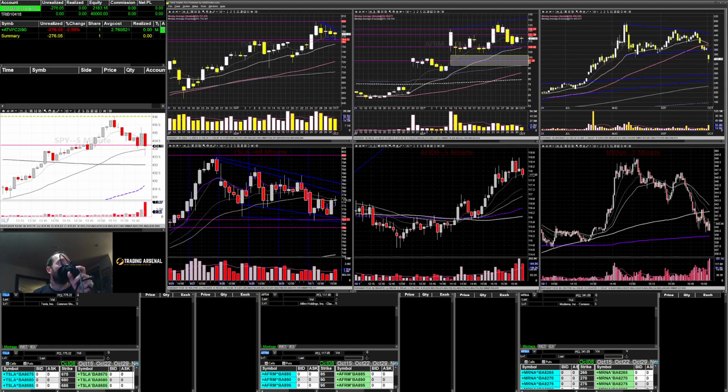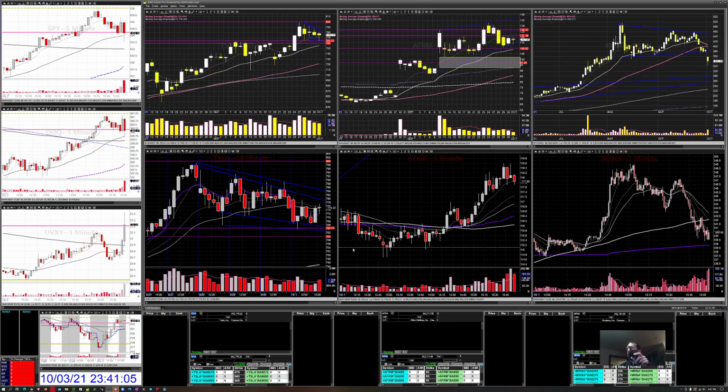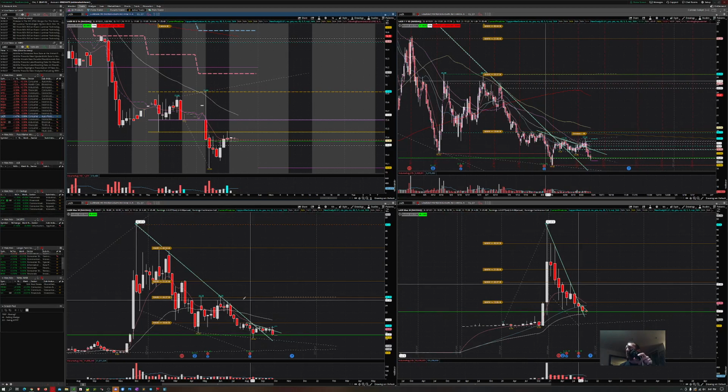Yeah, so anyways, names that I'm looking at for tomorrow and this week are here. I have these longer term setups you can see here. And then I like